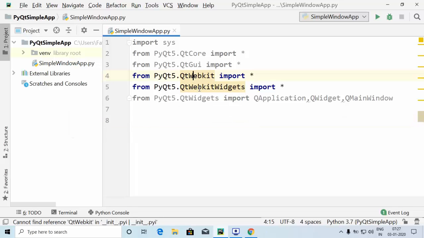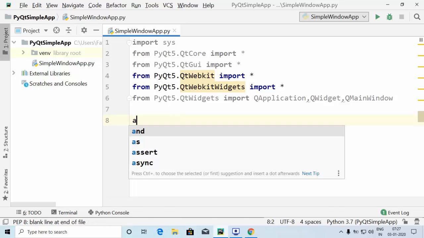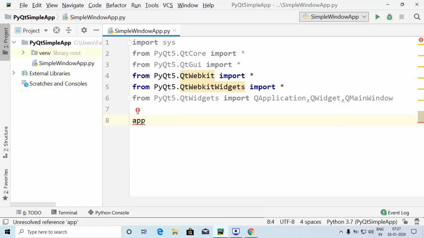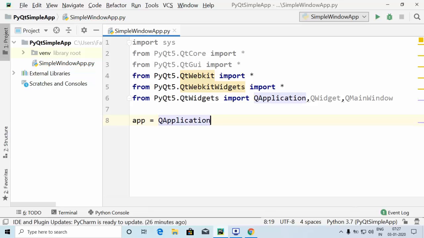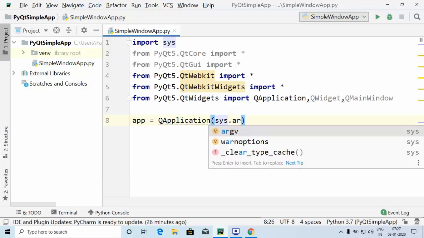The Qt WebKit and Qt WebKit widgets are the more important ones. So let's now go ahead and start writing the code. The first thing I'm going to do is create a variable called app, and inside that I'm going to use the QApplication and sys.argv.